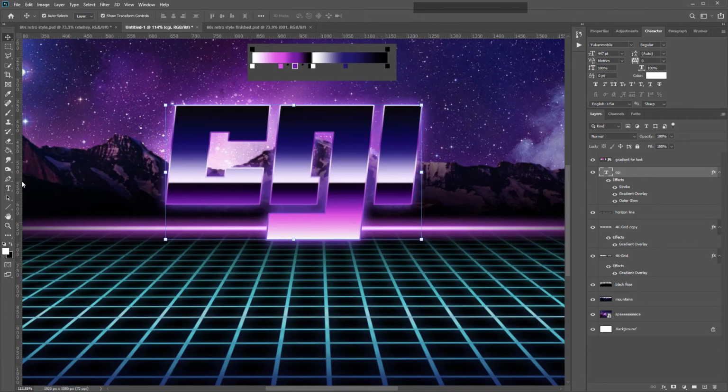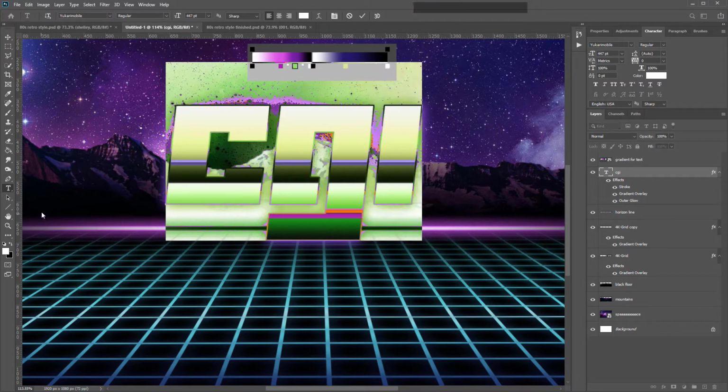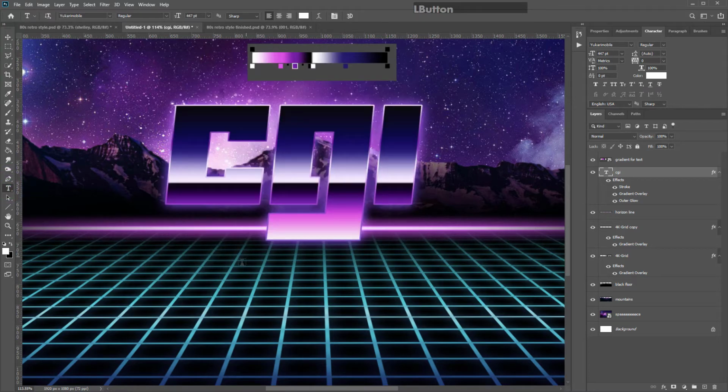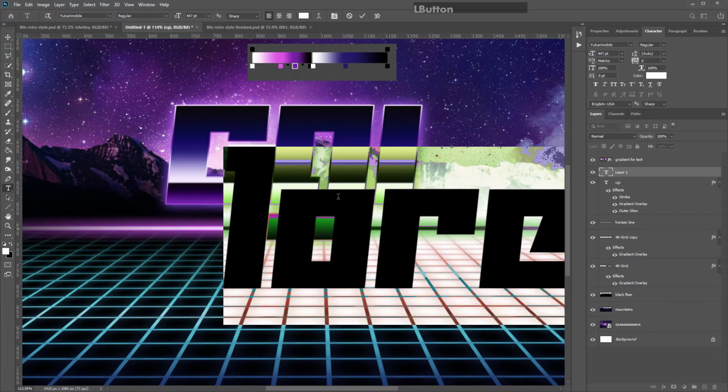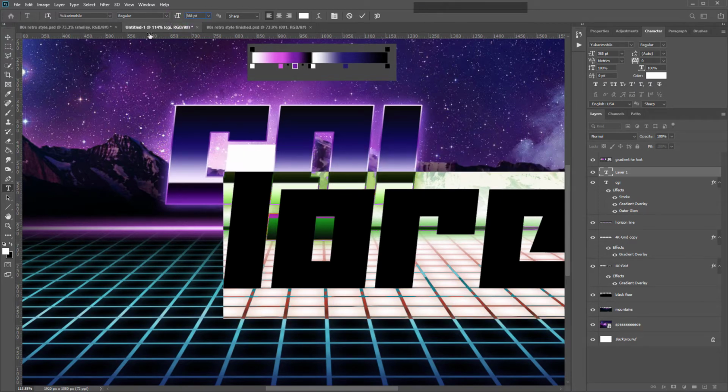Let's add our second word. Go back to your text tool. Remember, with your text tool, if the text tool has a dotted line on it like this, it will create a new text box. If it doesn't, then it will modify existing text. So with the text tool, make sure you click far enough away from your previous text so that it comes up with something new. Now, lorem ipsum has appeared here,